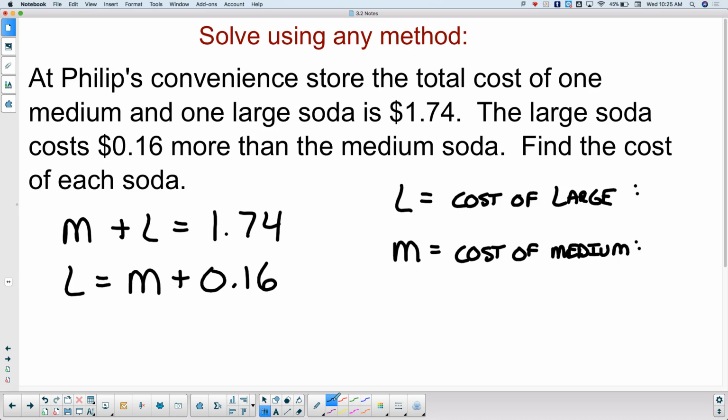Okay. Now we need to decide how we're going to solve this one. It did not say that we had to use a specific method to solve, so we can solve using any method. Which method do you feel is the easiest one given this setup? I think substitution, because it's already set up for us. Okay? So if I'm going to substitute this